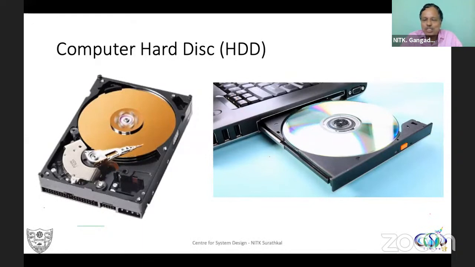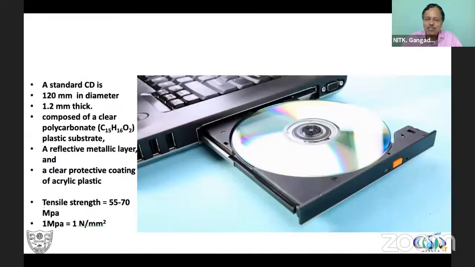I'm sure that you have experienced, or at least you have seen, the hard disk and CD drives getting failed. Let us see from your basic 12th standard understanding: is it possible to see why such crumbling happens? Okay, so this is a hard disk, the CD drive. I have given you some details on the left side. Please don't worry. But one thing I would like you to look at is the strength of that thin thing